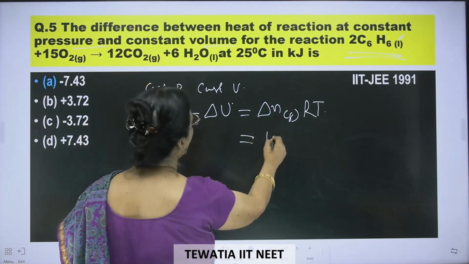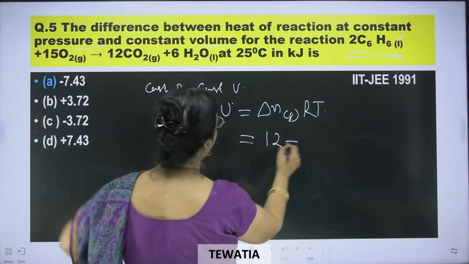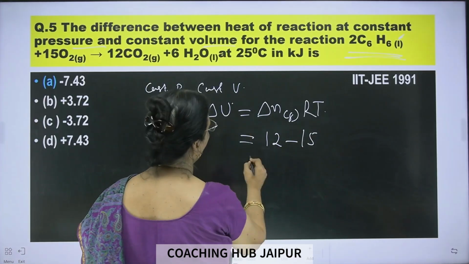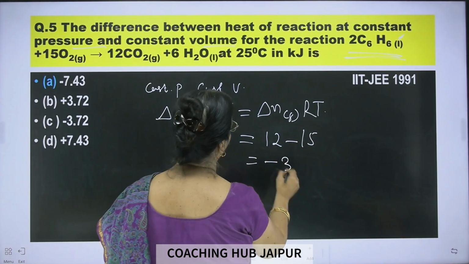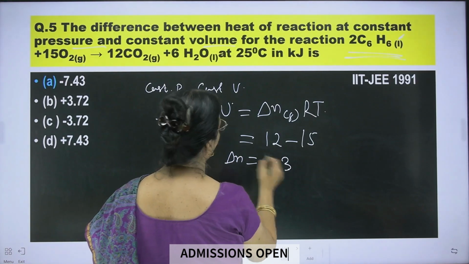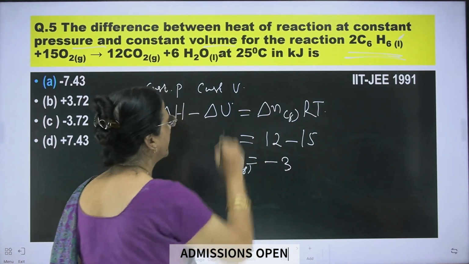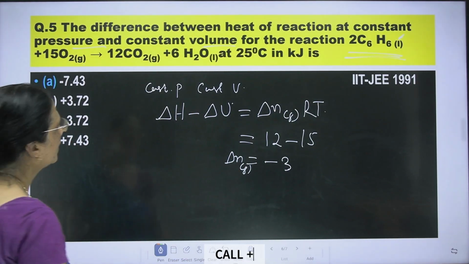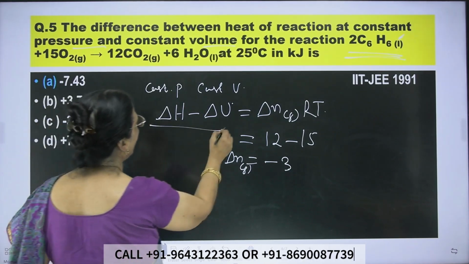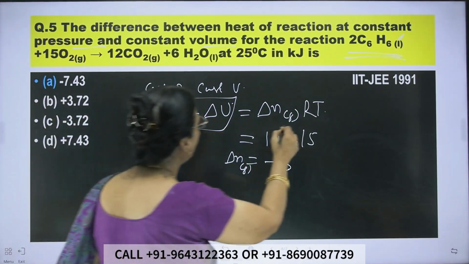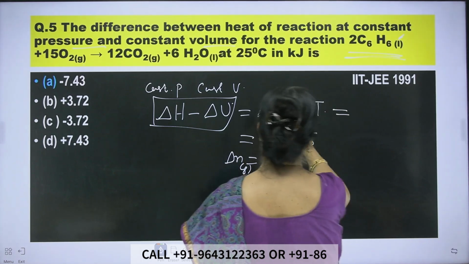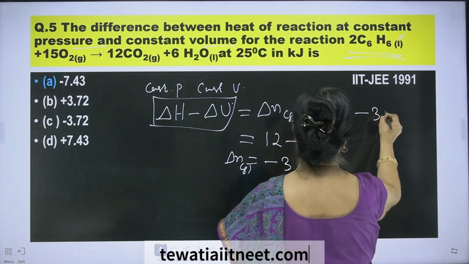So here 12 minus 15. If you take del Ng, you are getting minus 3 in this reaction. So del H minus del U will be equal to del Ng, which is minus 3, into